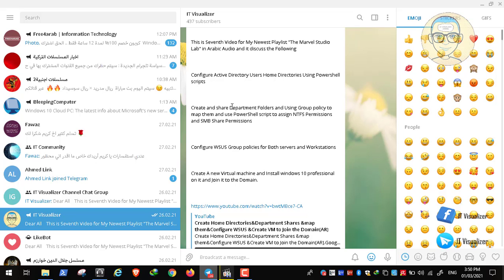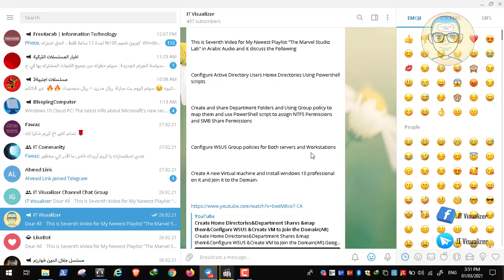By sharing it. And what they will do in these folders and its content, for example, they can delete subfolders, they can delete files. All of these are controlled using something called NTFS permissions and SMB share permissions, and the same will be done for the Active Directory user home directories. They will have certain permissions. Every user will have certain permission on his Active Directory user home folder. So these are controlled using SMB share permissions and NTFS permissions, and then we begin configuring different WSUS group